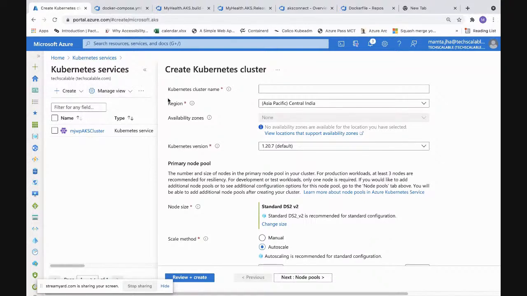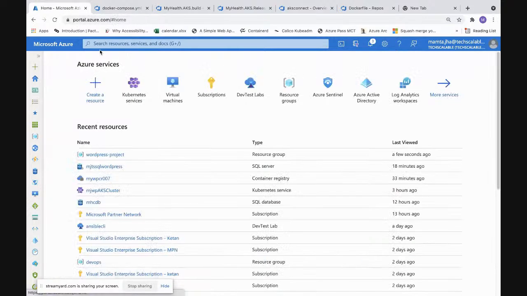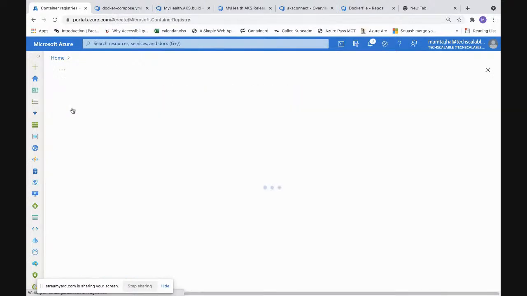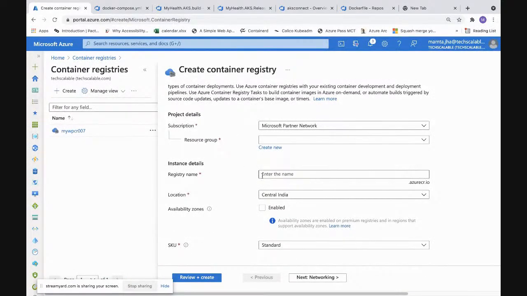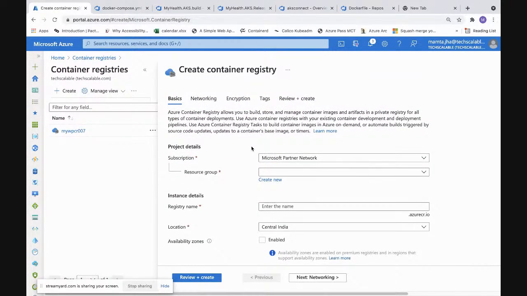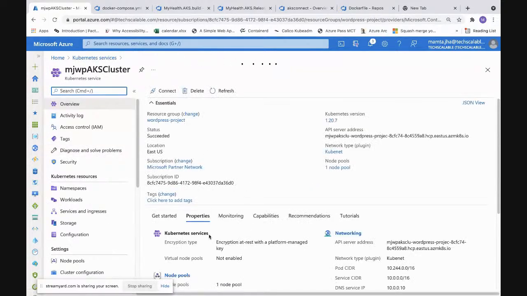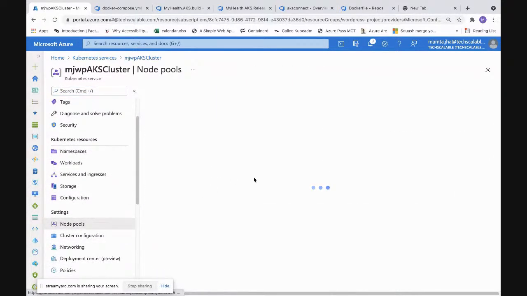Now, this cluster creation can be done and container registry. Container registry is here. It's pretty simple. You can go ahead and specify just the registry name and what would be the SKU, the basic, the standard, the premium. Depending on that, you would have the replication factor where you are going to save your container images that you're specifying over here. I don't think we would edit any more stuff. So I'm using my pre-built Kubernetes cluster, which I already have here. I have just one node pool with one node here.